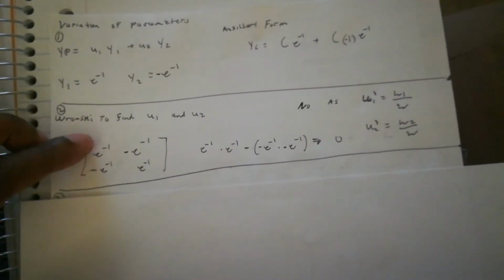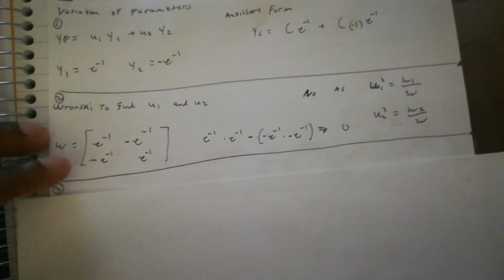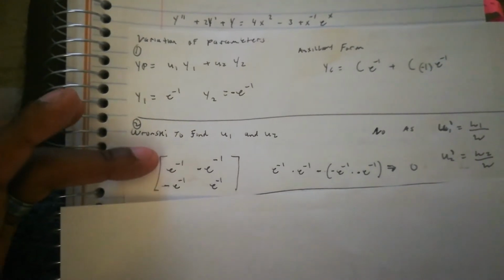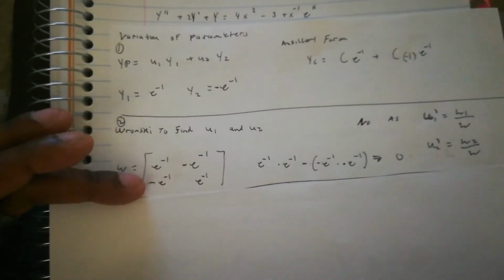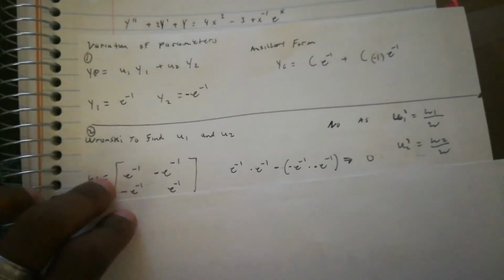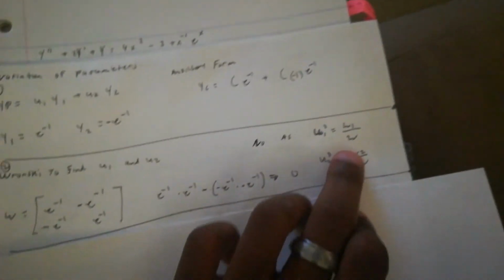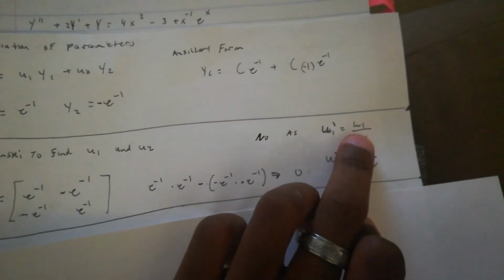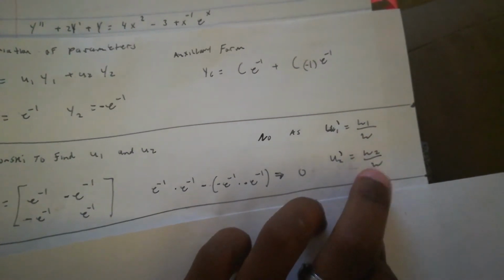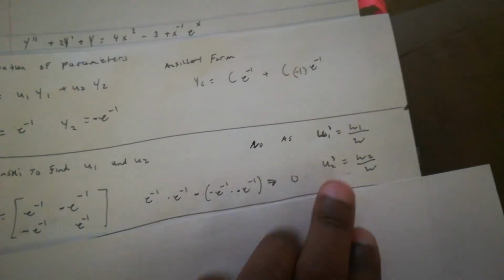You would take your determinant, and for Wronskian 1 you would make this first column 0, and once you made the first location 0, the second location would be the right hand side of your original differential equation. And then for W2, your Wronskian 2, you would do the same thing on the other column. So you would take your Wronskian 1, Wronskian 2, and they would both be divided by the solution of your